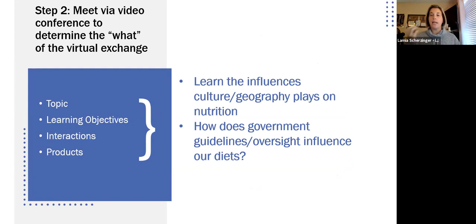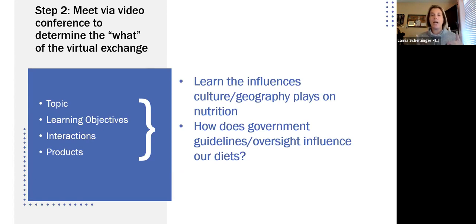So 2 different topics, but we're going to focus on something that each of those students could talk about, right? They don't have to necessarily have a background in anthropology to understand that, if I live in Venezuela, my daily nutrition is going to look much different than Indiana students. Another thing that they could look at, how does our government influence what we eat.